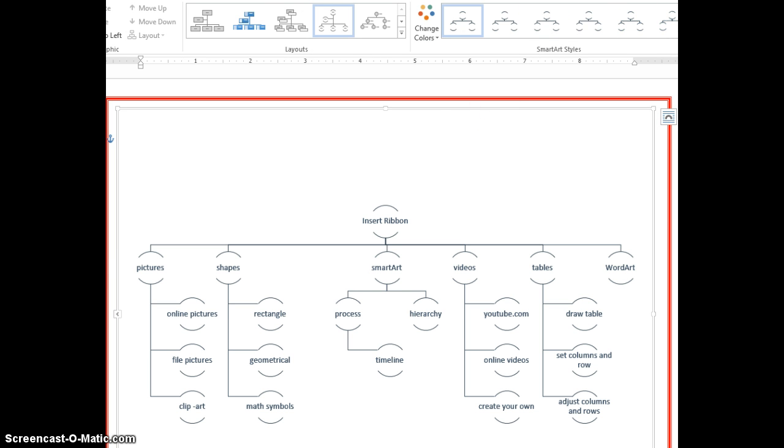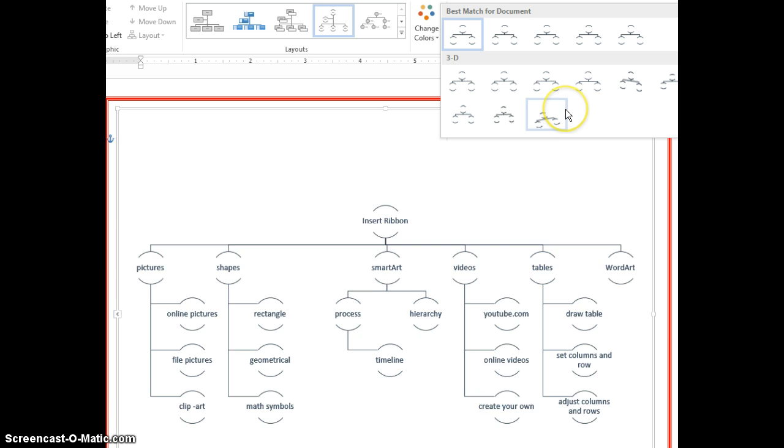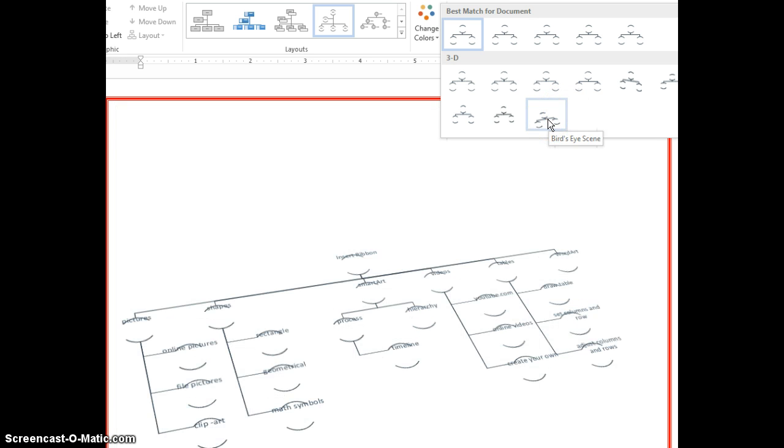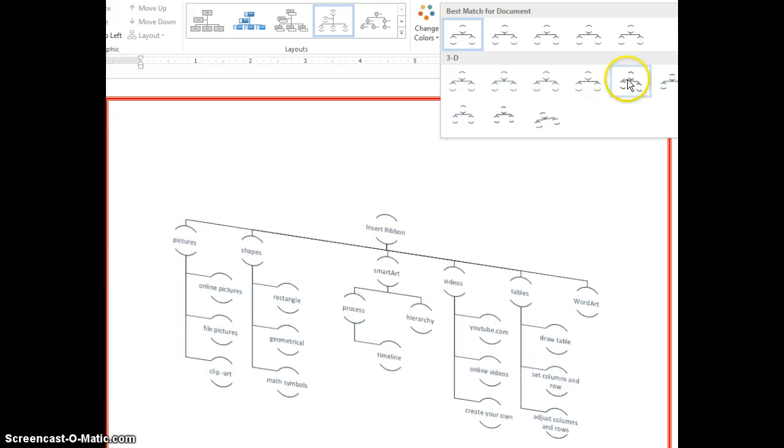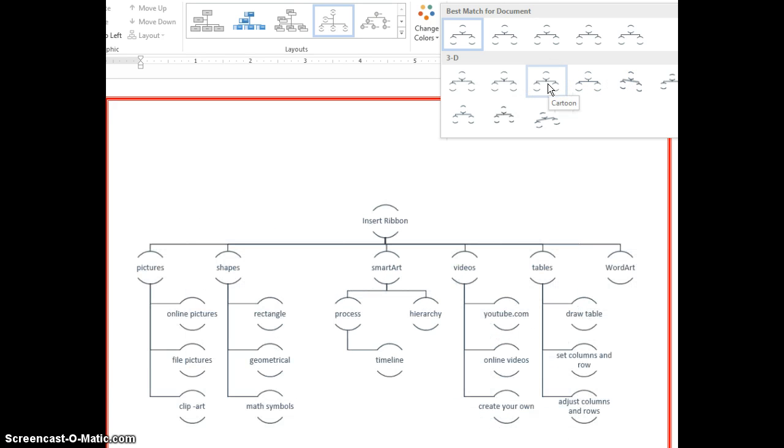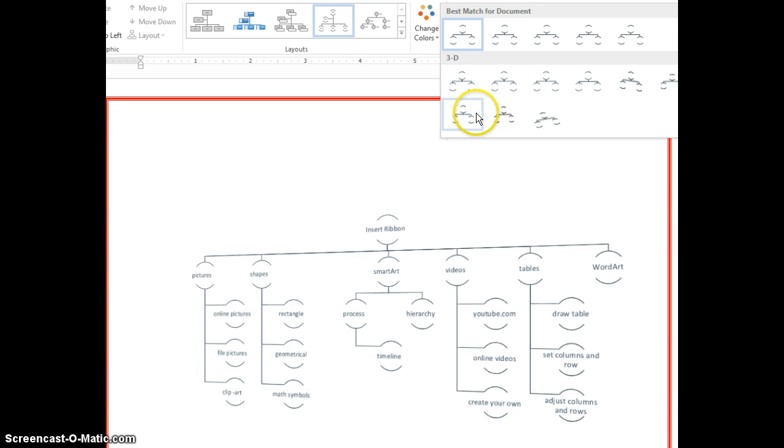Try some of these. Oh yeah, that doesn't make it better at all. And sometimes it makes it, oh, that's not too bad. Sometimes it makes it really cool and sometimes not so much. And that's where you need to decide who your audience is, what the purpose of your document is, what you are trying to get across, and how it is going to come across best. A lot of times I like this angle thing, but if you can't read it, you know, it's not going to